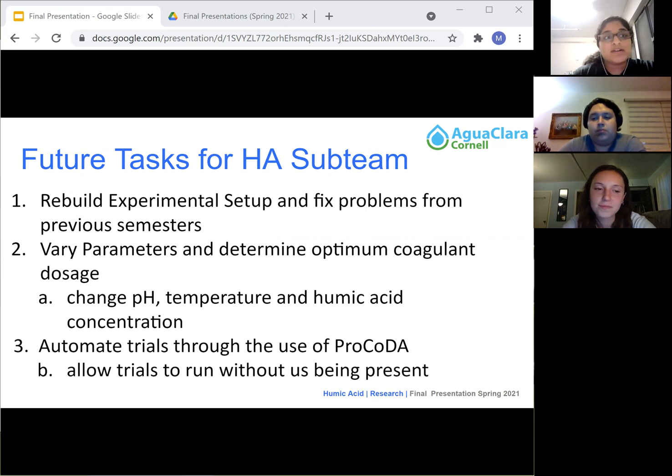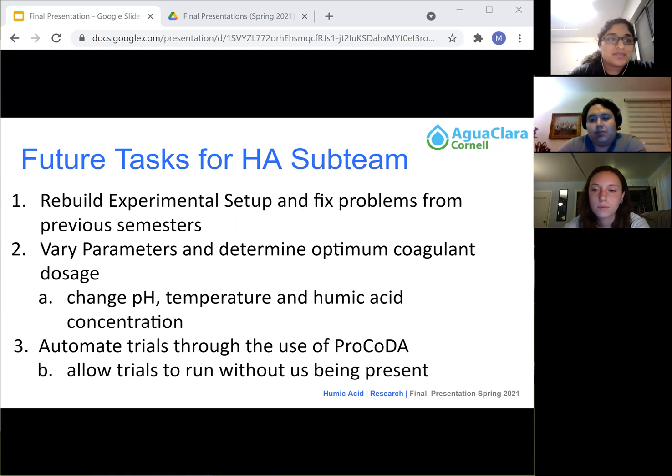In general, these are the future tasks summarized for the humic acid subteam. First, we should focus on rebuilding the experimental setup and fix problems from previous semesters. What we would imagine is that once they build the experimental setup, they're less likely to have the problems, as they're able to build it from scratch and fix it as they build the new setup. The second, after they retest varying concentrations of coagulant dosage with varying concentrations of humic acid that were tested in previous semesters to determine a better linear relationship,